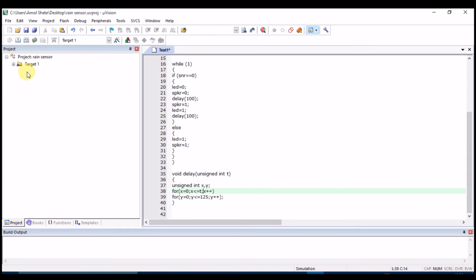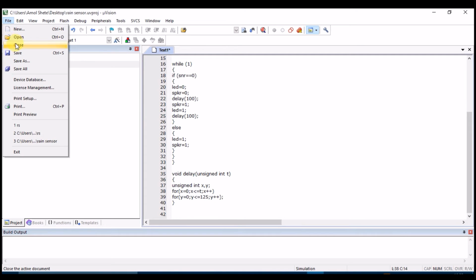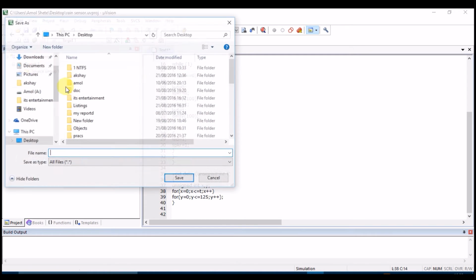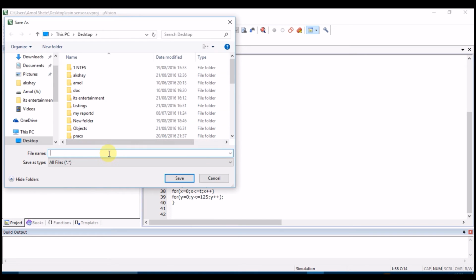So go to Source Group. Now, firstly save this program with a .c extension, and if your project is in assembly language, then you need to save it with the .asm extension.